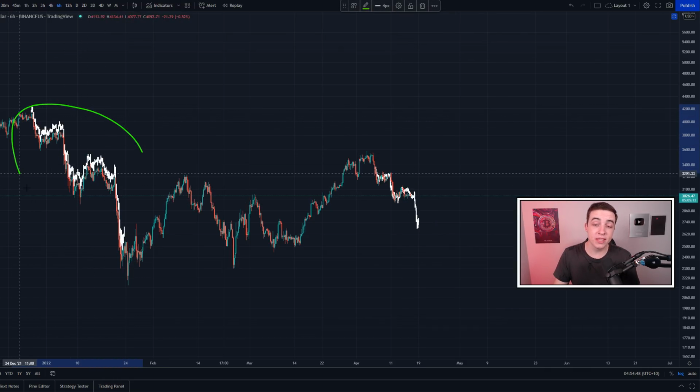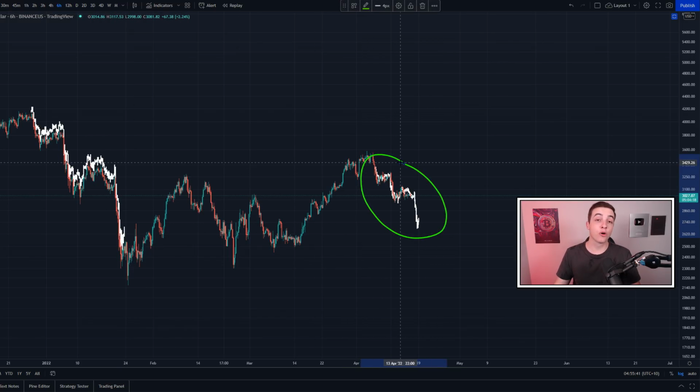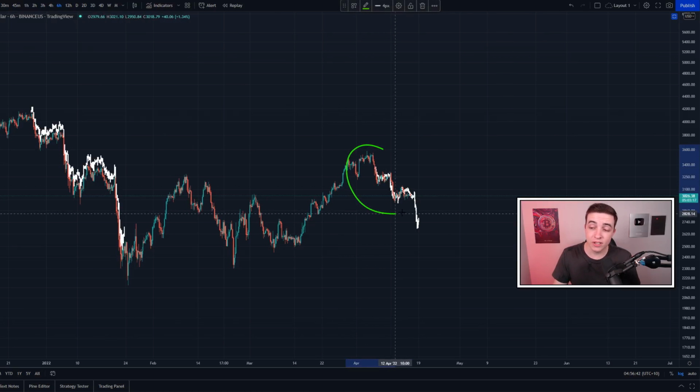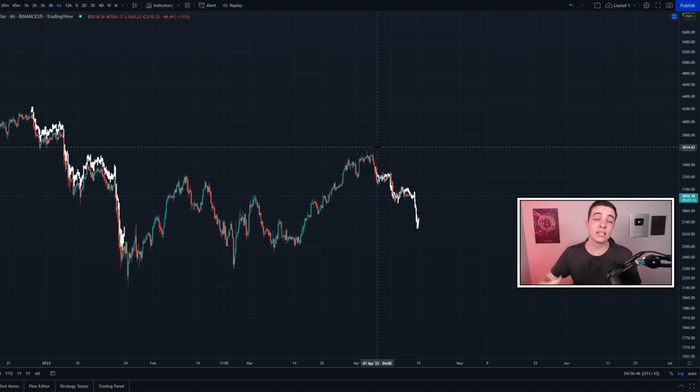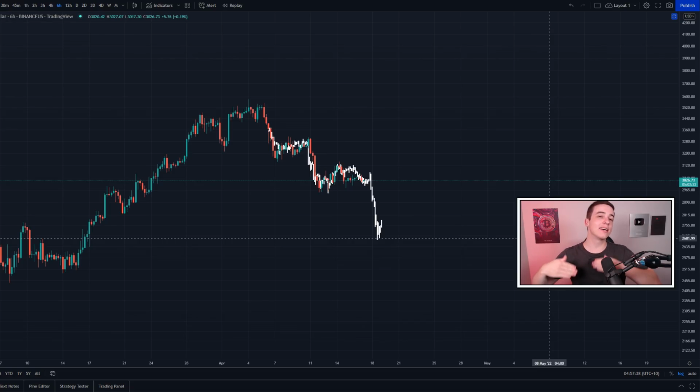In fact, if I copy the Ethereum price action that we saw at the beginning of this year and overlay it on top of the current Ethereum price action, but of course have the size reduced to fit the current scale, you can simply see for yourself that pretty much every Ethereum price movement over the past couple of weeks has been extremely similar to what we saw at the beginning of this year. And now it is important to mention that just because something played out in the past, it does not guarantee we're going to see the exact same thing again, so keep that in mind.